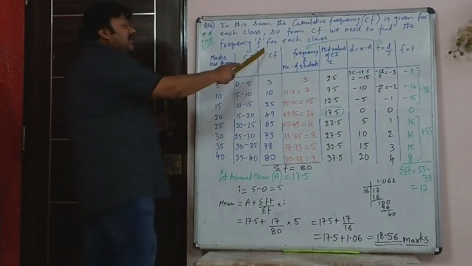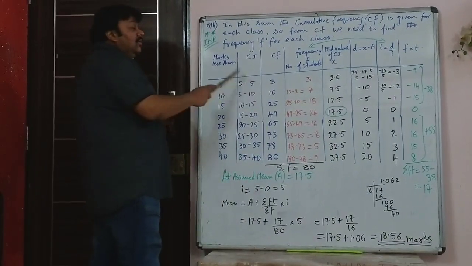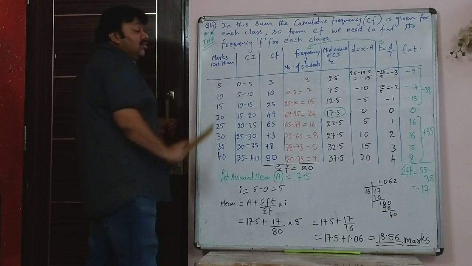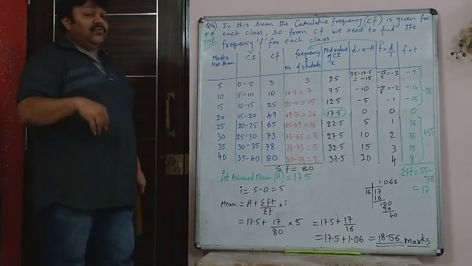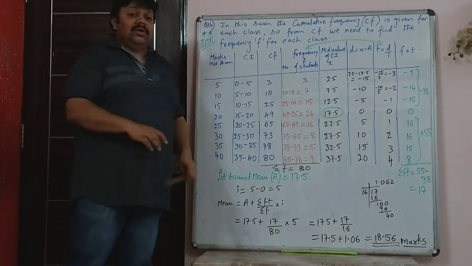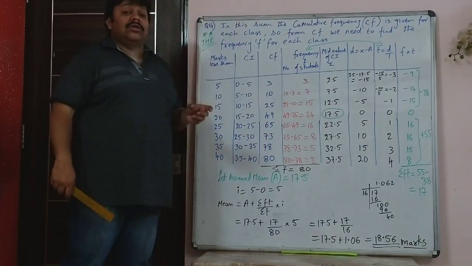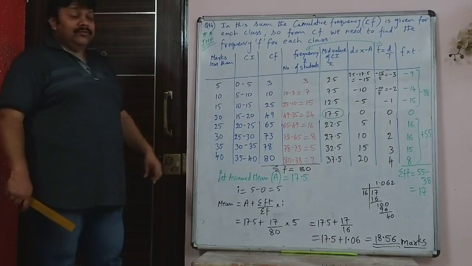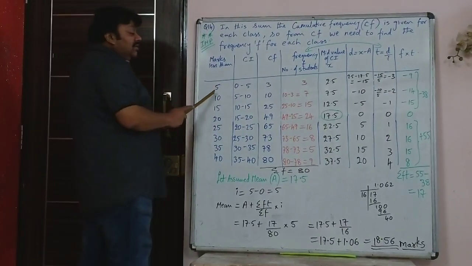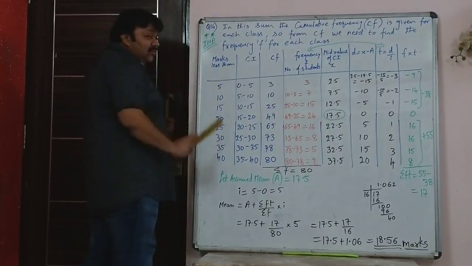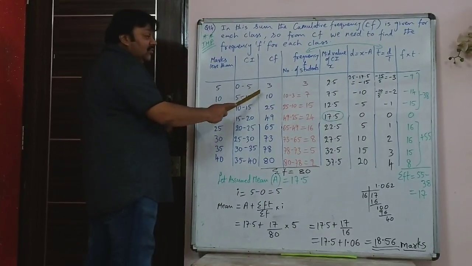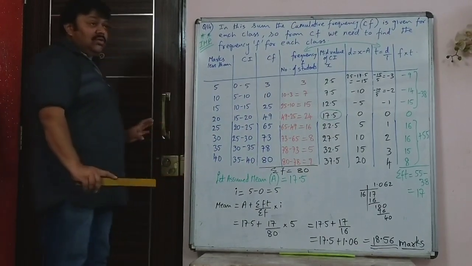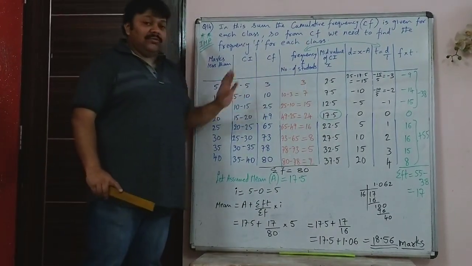So the chart that is given in the question, when you are given less than, that is not the frequency, that's the cumulative frequency. So from the cumulative frequency, you will have to find the frequency of each class interval separately. For example, less than 5 marks means 0 to 5 marks. Now if you are finding 0 to 5 marks, the cumulative frequency and frequency are the same. There is no difference. The first one is the same.